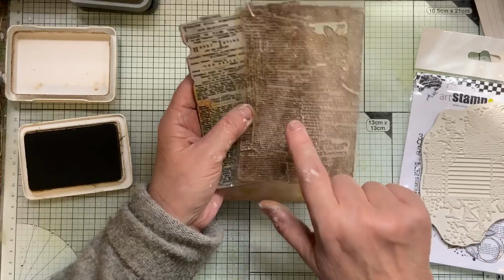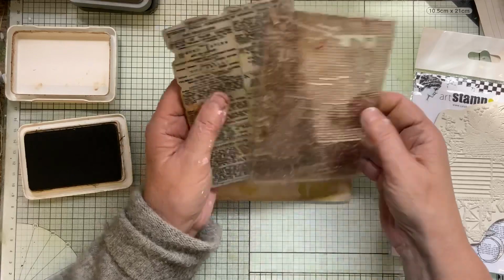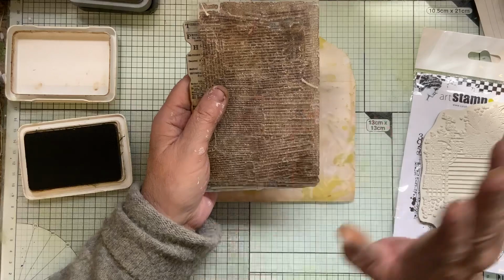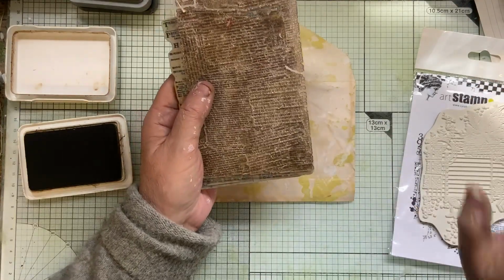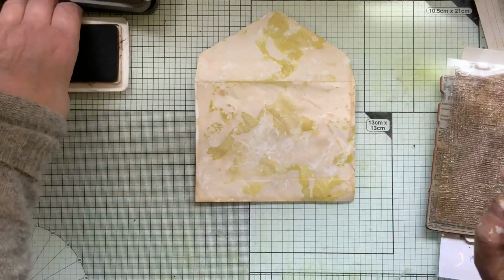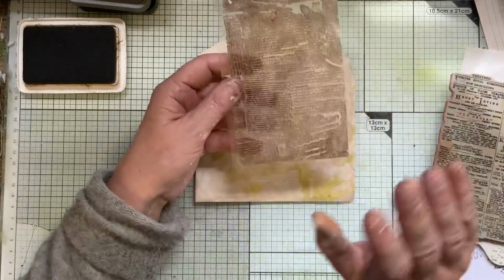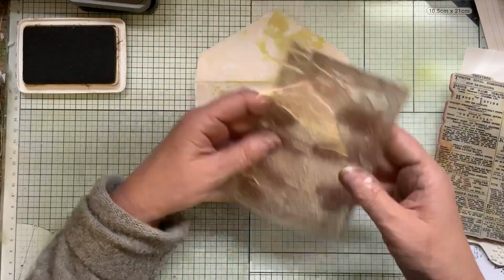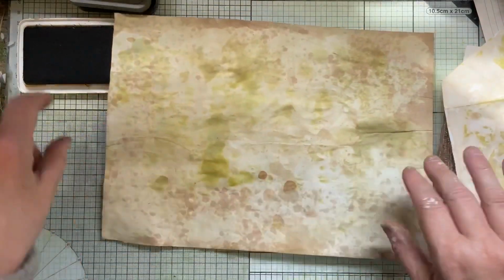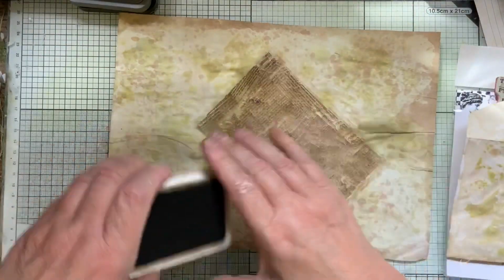Now, if anybody knows the company that actually does the original, it's got like ferns and it's out of book pages by the look of it. But I've not seen it anywhere, okay, a legit place. So I'm hoping that it's one of those ones that AliExpress have done, and, you know, because they still got people that do design for them that don't steal other people's work. So, you know, but if anybody knows, if I print it out on a piece of paper, all right, let's put it on here, shall we? Then you'll see it. I'm not going to mount it up, so...